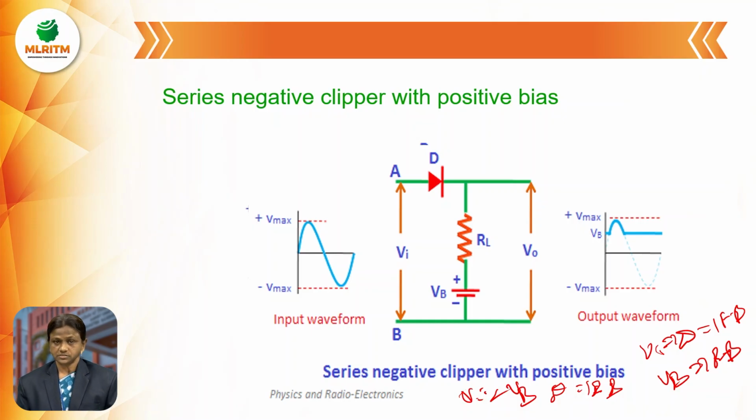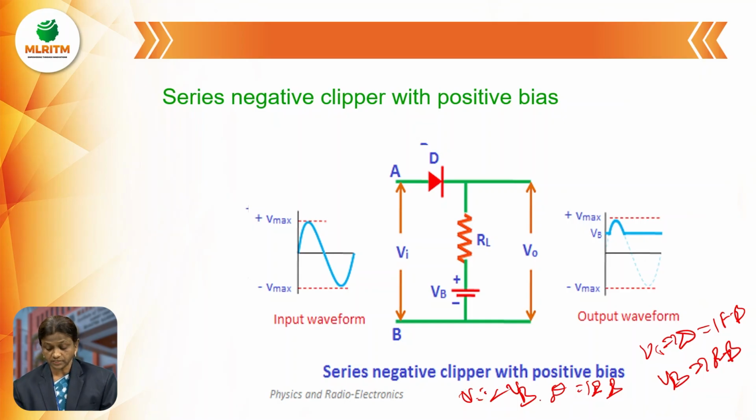Then same current is also passing through load RL. Therefore, output voltage V0 equal to 0 only. 0 multiplied with RL equals 0 only. So whenever Va less than Vb, during the positive half cycle, here Vb is nothing but biasing voltage, which is a positive voltage. That's why that reference line is above x-axis. You have to take that Vb reference line is above x-axis only. So this is nothing but Vb or reference voltage line.